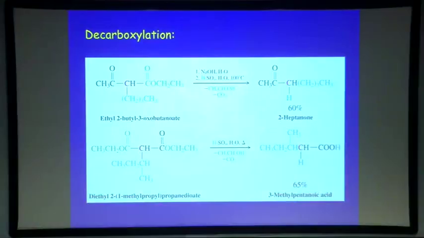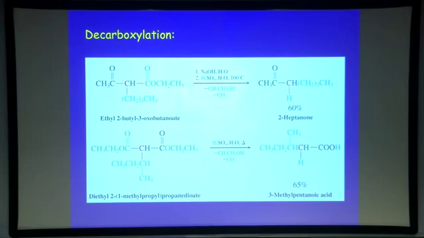Sodium hydroxide would, of course, hydrolyze the ester to the carboxylate, and then you protonate to the carboxylic acid. And when you heat this, it was done in boiling water, therefore 100 degrees, carbon dioxide blows out. And what we have here is a ketone, or an acetone, if you wish, where one of the carbons has been substituted by this group here, which was originally introduced through the corresponding Claisen product enolate anion. So we are sacrificing this ester, we're throwing it away, and we're using it simply to allow the alkylation, and in the end, that's what we want.